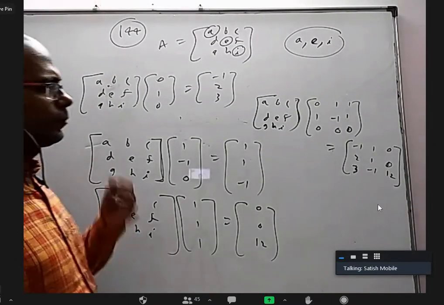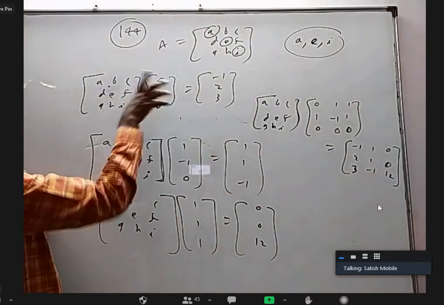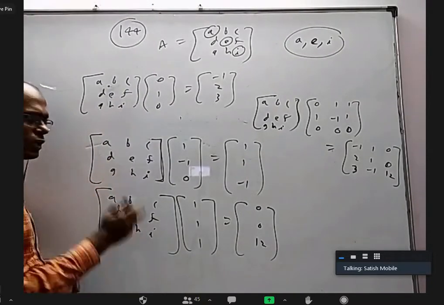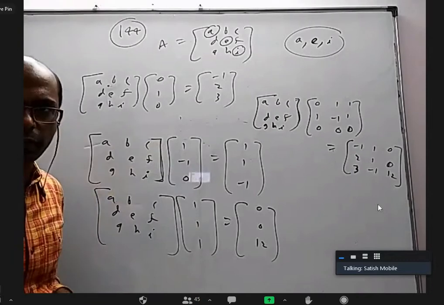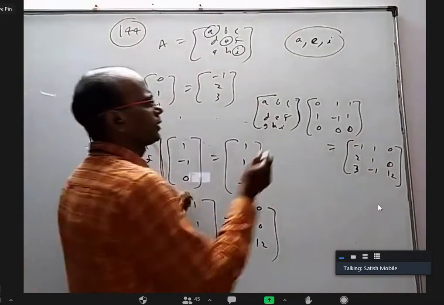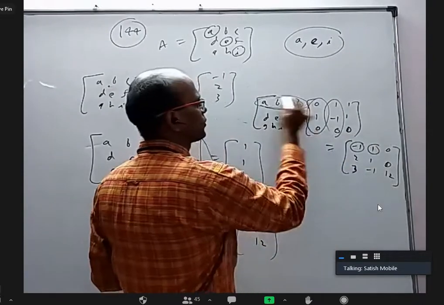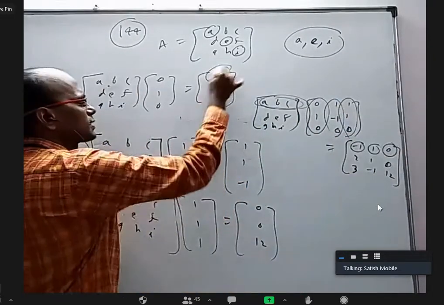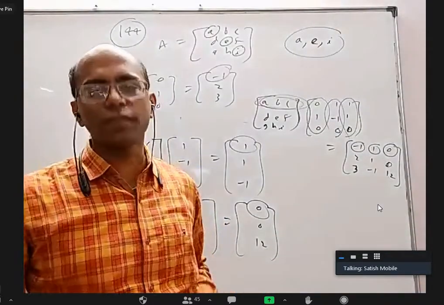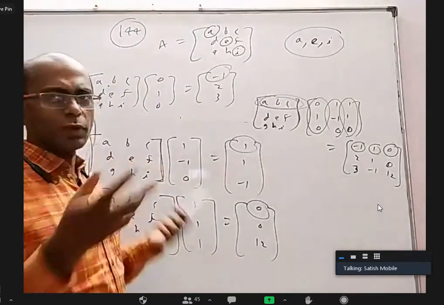Now, there's an advantage because here, the first equation directly gave me something. But otherwise, when I try to solve, this alone is not useful to me because one equation is in terms of ABC, another in terms of DEF, another in terms of GHI. But here I can do one thing. First row into first column, I'll equate it to this. First row into second column, I'll equate it to this. First row into third column, I'll equate it to this. Basically, I'm using this element and this element. There, all three equations are in terms of ABC. At least I can solve and find ABC separately, right? Yes, sir. Of course, I am not interested in B and C.